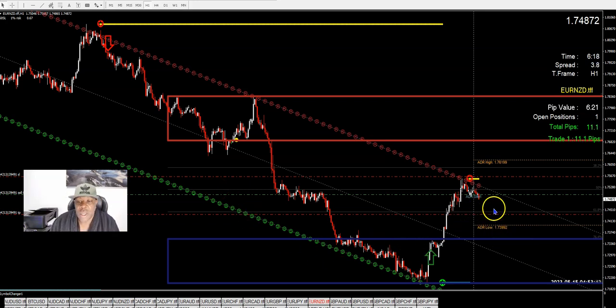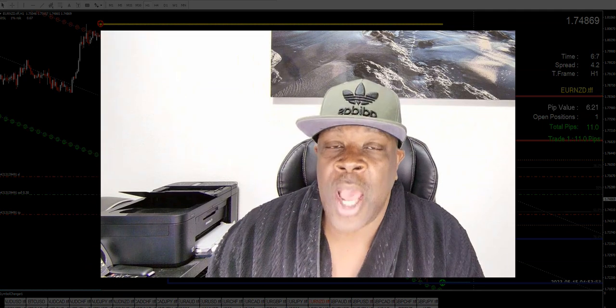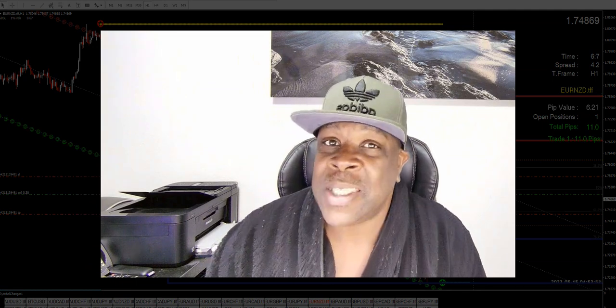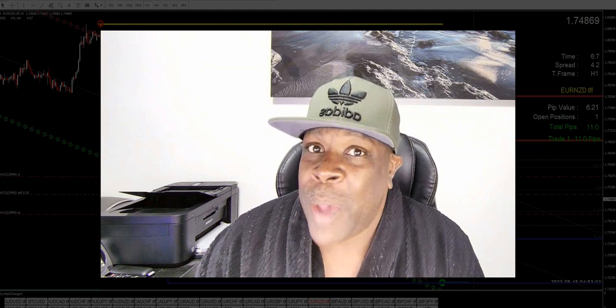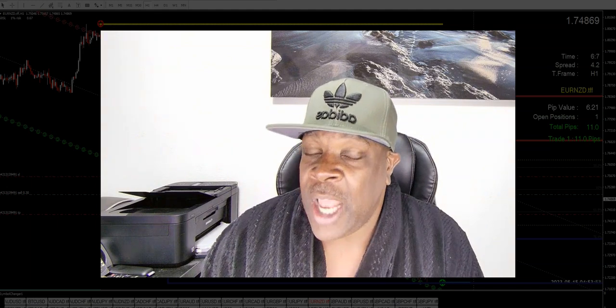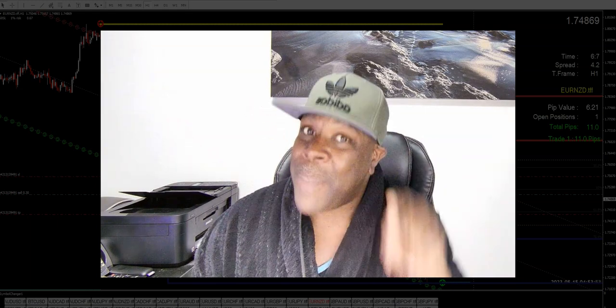And even if this thing comes up and does not hit my stop, if I'm too over leveraged on the position, I can still lose the challenge, even if it does not. And I repeat, even if it does not hit my stop. But if my lot sizes are too big and I go into drawdown and it goes past that daily limit of 1,250 bucks, even if it turns back around